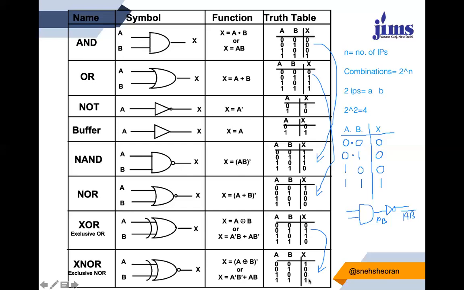So these are your basic logic gates, or all the logic gate family that I have discussed here. Basic gates, you have AND, OR, NOT. Then you have your universal gates, NAND gate and NOR gate, and then you have your exclusive gates, XOR and XNOR. So now I'll move to the next topic.